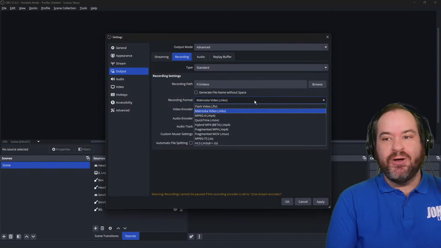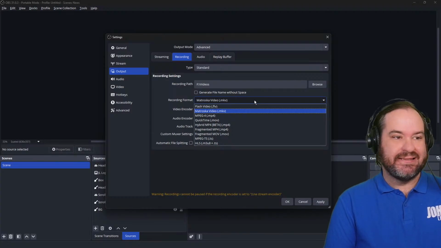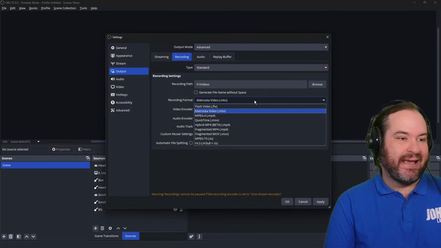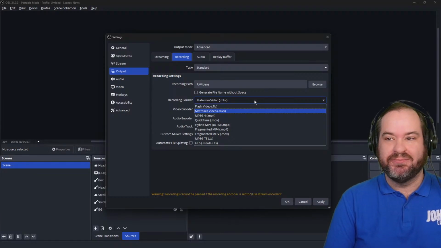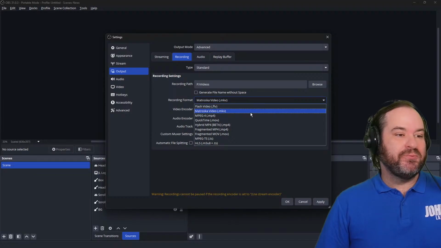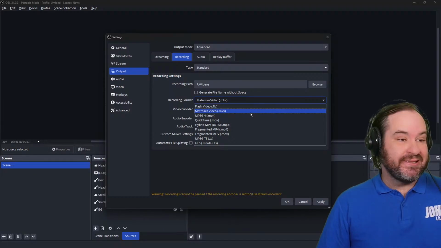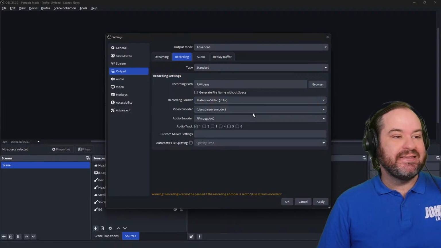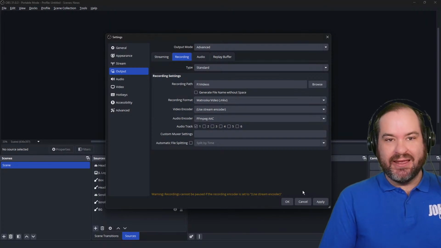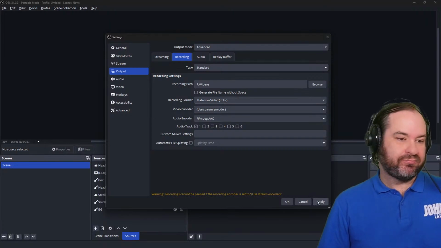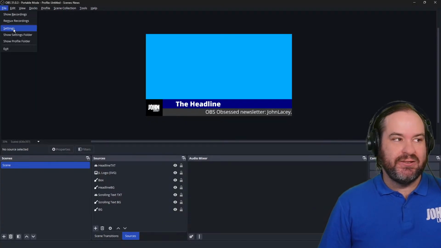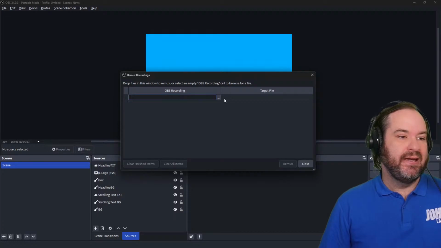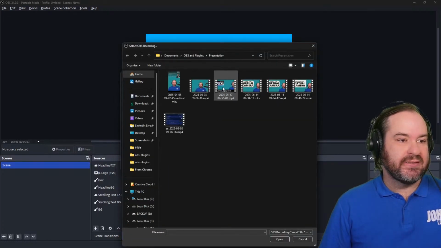By default, traditionally, what would happen in OBS is we would have this great MKV format, which is a good format. You can still use it today. It's perfectly fine. The thing is, once you've recorded something in that format, you do need to remux it. And that process in itself is pretty easy. You can go to the file menu and go to remux recordings. You can grab one of your recordings,